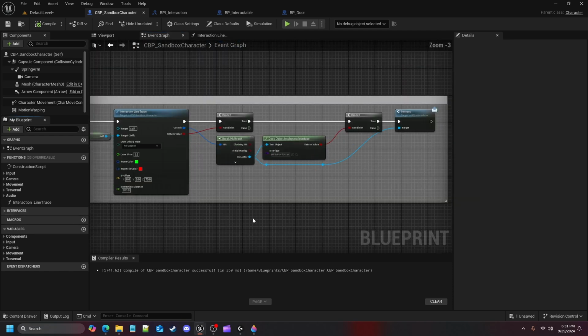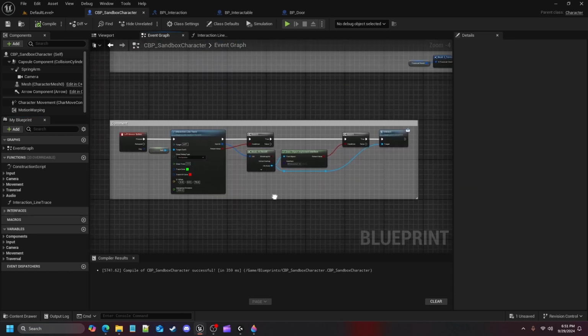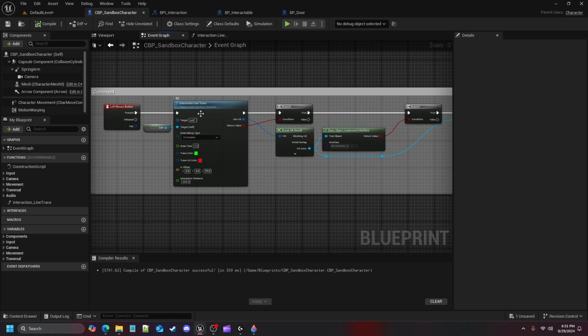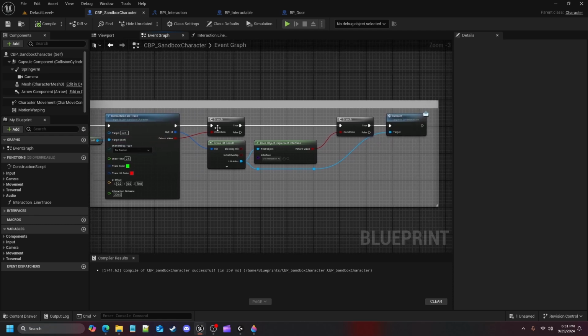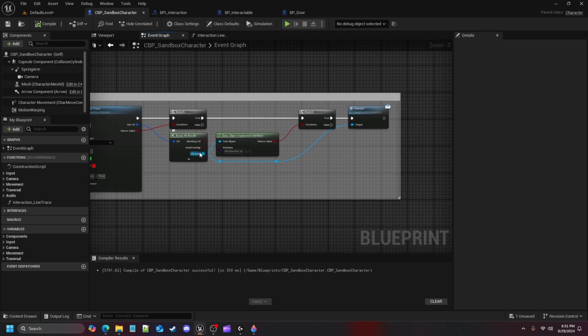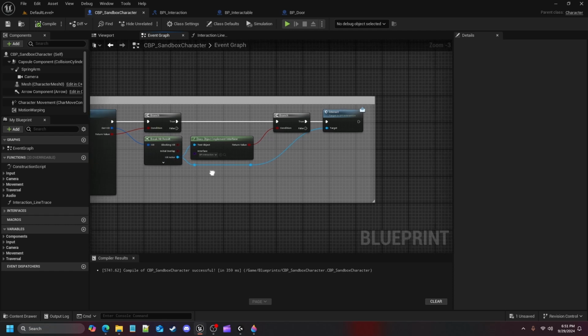I have not placed our BP interact in here, because what I am doing is I have a function set up to do line tracing in front of me, to where if we do hit something, an object of any kind, we're going to look at the actor, and that's what's coming out of our hit, because we are breaking the hit result here and checking off actor,